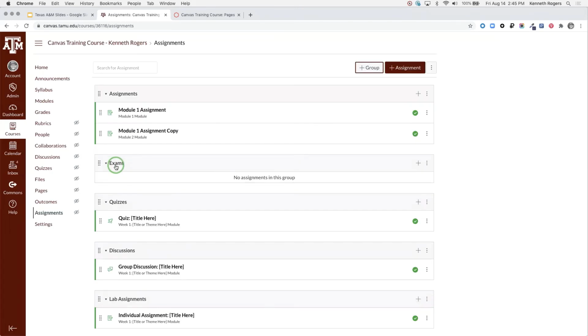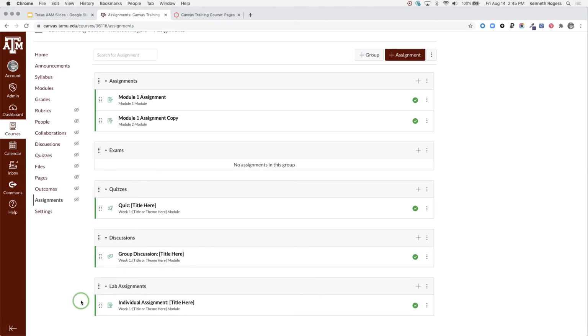So begin to add some groups. Click the More Options, delete groups you don't need, edit groups, okay? Edit groups to edit the title. Move them around, move assignments from group to group if you need to, but go ahead and begin to organize this content. Organize this content based upon your syllabus, based upon what makes sense for your course. After we have our groups, right? After we have our groups,